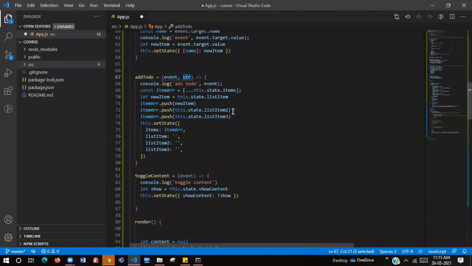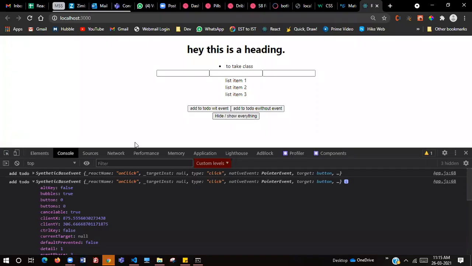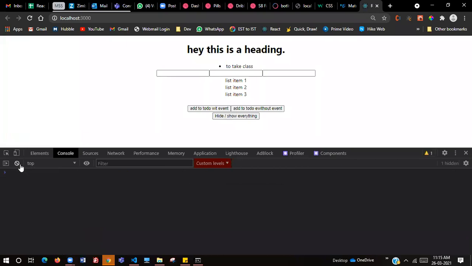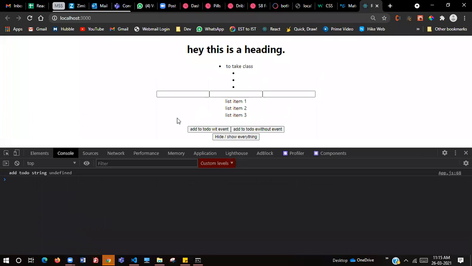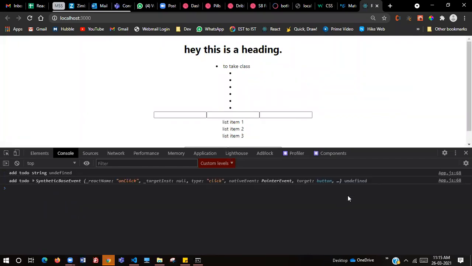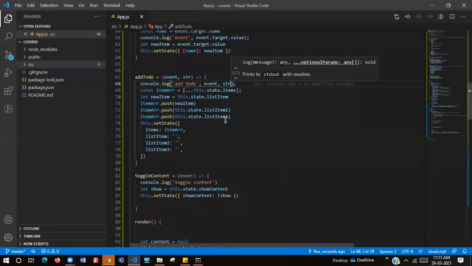Str, and I will print this str here. Add to do with event. Oh, undefined. See, undefined. Wait.